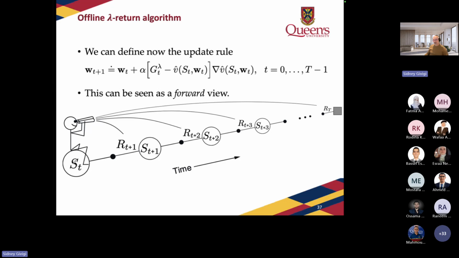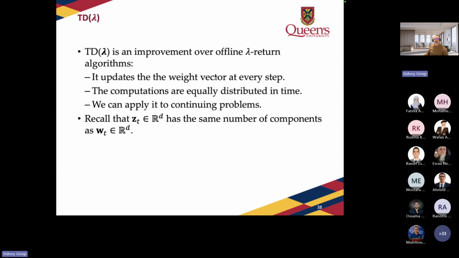This is an improvement on how we do this with the other algorithms. Why? Because it's going to update this weight vector at every single step. And these computations are going to be equally distributed in time. We are not going to create this in a way that is different for each one of the situations, right? Because with the algorithm as before, since we have all these different conditions, there will be different computation times for each one of the steps. In this way, we have all the computations equally distributed in time.